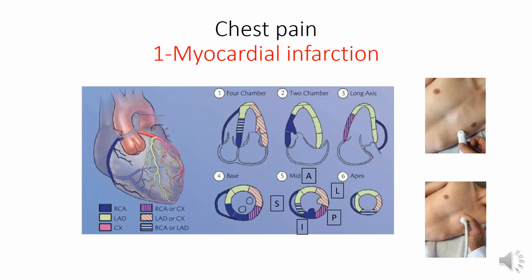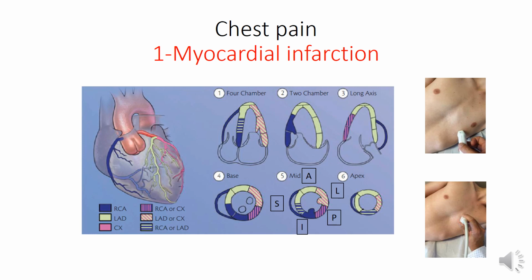Starting with the first differential diagnosis, which is myocardial infarction. As we said before, we are assessing the presence of what are called regional wall motion abnormalities, where the territory of one of the coronary arteries, LAD, circumflex or RCA, contracts less in comparison to the surrounding due to the presence of ischemia in that territory. So how can echo help us in this scenario? Starting with